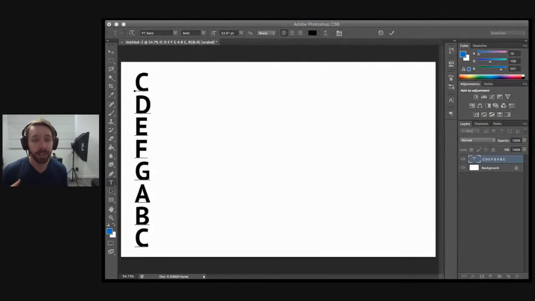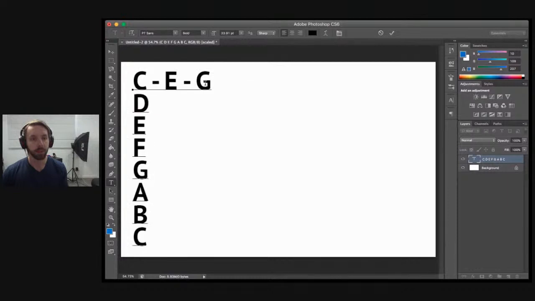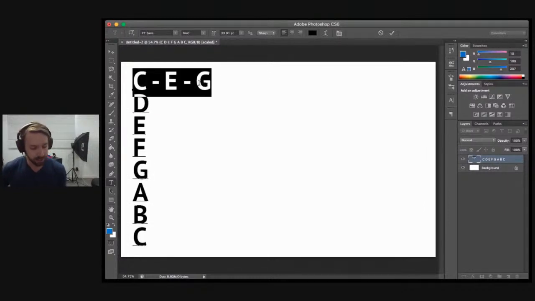Well, the first step is to make chords from this scale. The way to do that is starting on every note. We're going to start on C, for example, and skip one note, so skip this D, and put an E there. So we go C, E, and then from the E, we skip the next note, skip the F, and play a G. So that's going to go up here. And what do you know? C, E, and G creates this sound.